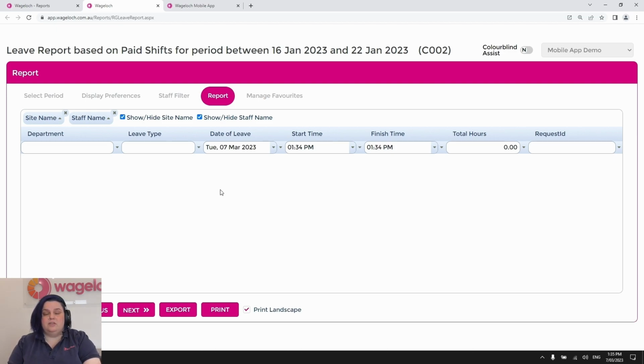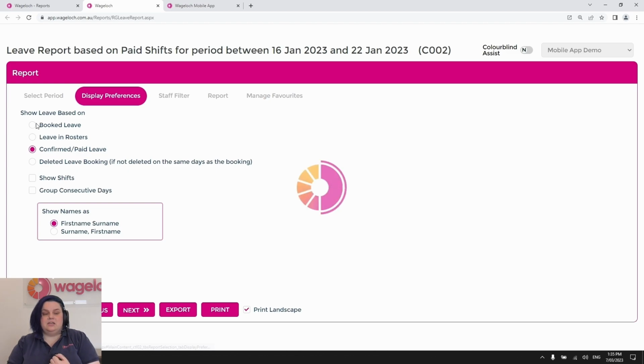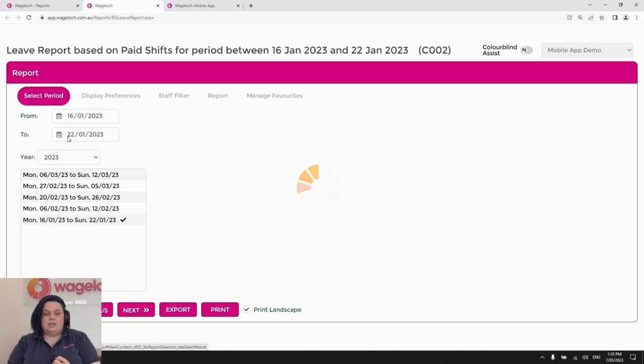So it gives you all of the information you can need going, okay, I want to run a quick calculation to see how much annual leave has been taken over the last 6 months. This is the best report you can use for that. If I wanted to, alternatively, I want to go, okay, I want to see what I've got booked in advance. I could go show booked leave, but I've got to make sure I set my date range to be forward